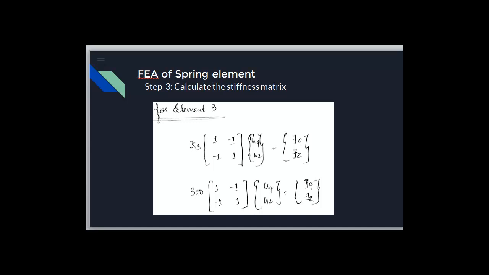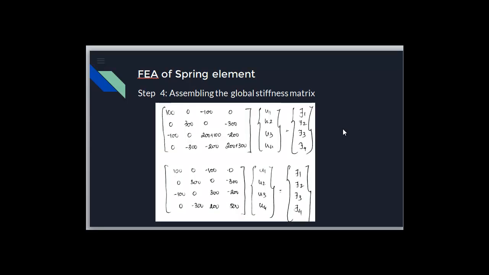The next step is assemblage of the global stiffness matrix for the entire spring structure. Since the spring structure has four nodes, 1, 2, 3, 4, its arrangement along rows and columns has been taken with the nodal displacement vector as U1, U2, U3, U4 and the corresponding force vector as F1, F2, F3 and F4. Based on matrix addition, the corresponding nodes 1-1, 1-2, 1-3, 1-4 are arranged row-wise and column-wise.